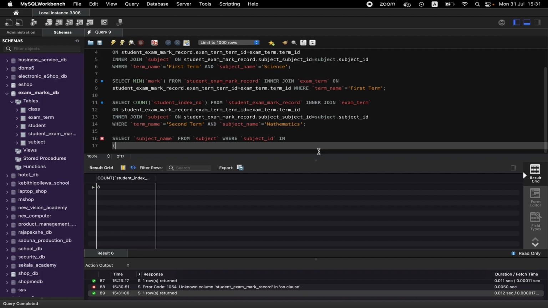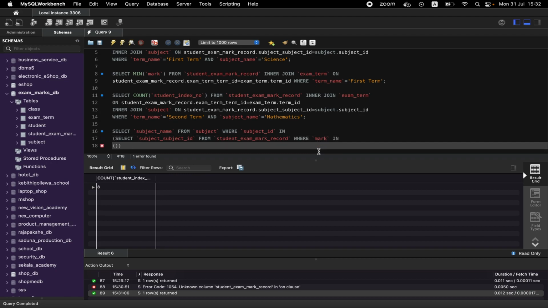Select subject ID from student exam mark record table, inner join, where mark in, and again here we have to write another subquery: select minimum mark from student exam mark record, where in a